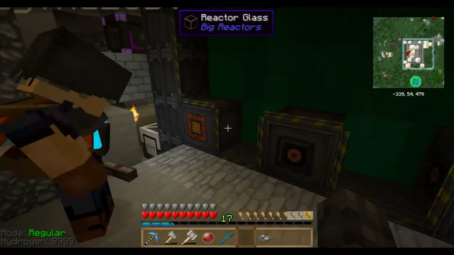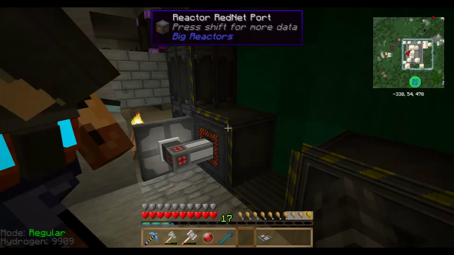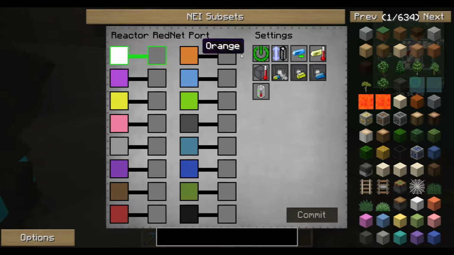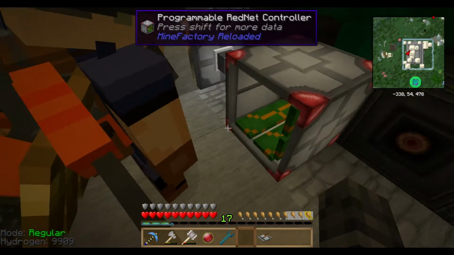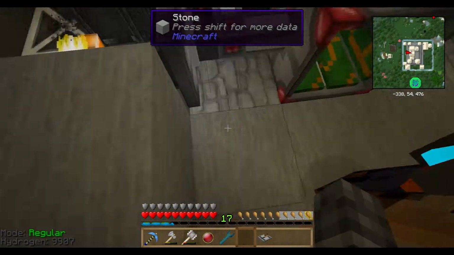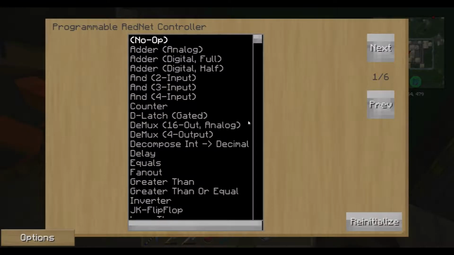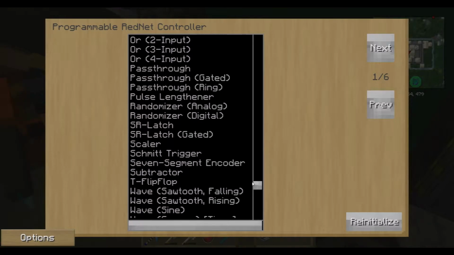Cool. I see how this works. Oh, that's cool. So the way this thing works is you can basically assign redstone to all the different reactor components with this RedNet port. That is awesome. Exactly. Now then, here's where the fun happens. In the RedNet programmable controller. Okay, so this is like